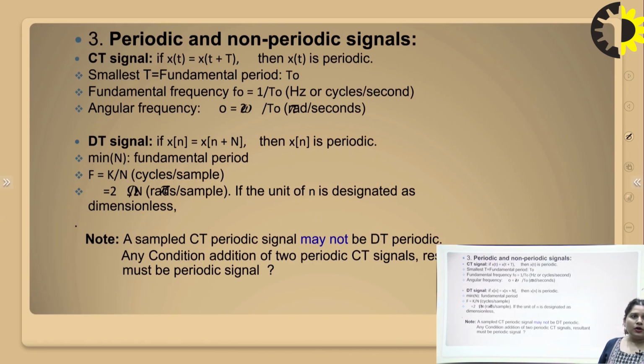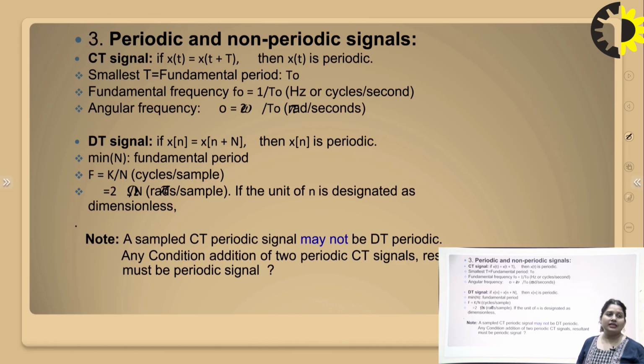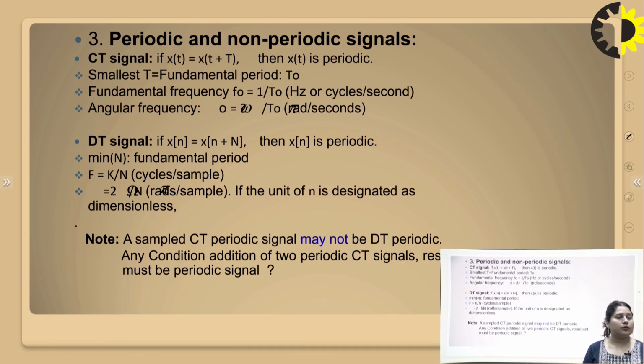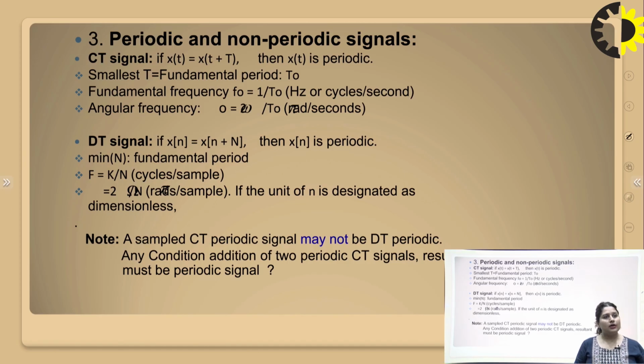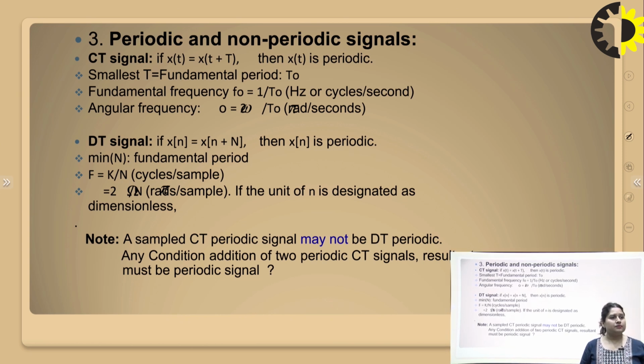Next is the periodic and non-periodic signal. So, any continuous time signal is called a periodic signal if x of t is equivalent to x of t plus capital T, where capital T is the fundamental period of the signal, and this is related to the fundamental frequency f naught equivalent to 1 upon T naught, and T naught is the smallest possible value of the capital T. Similarly, for discrete time signal, it is x of n is equivalent to x of n plus capital N, and here the